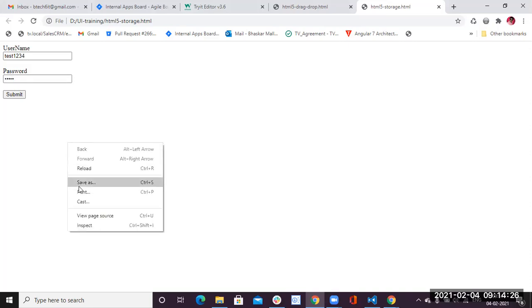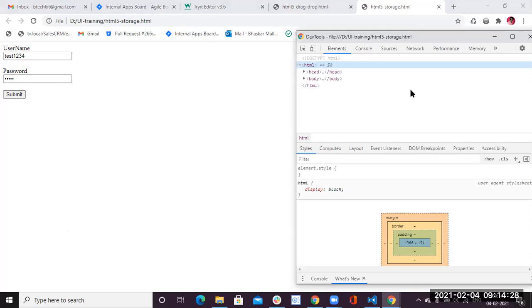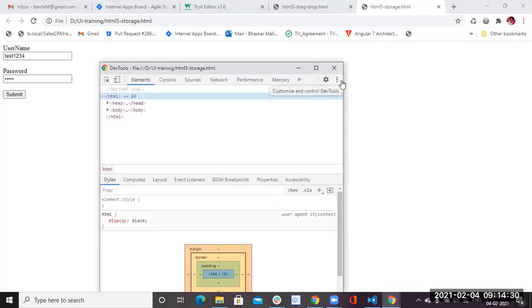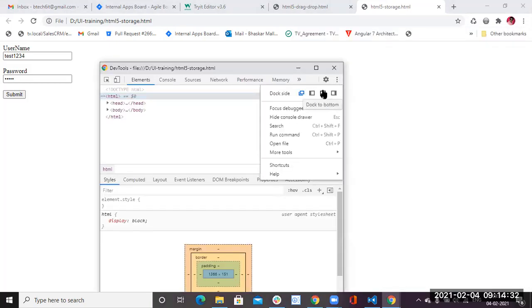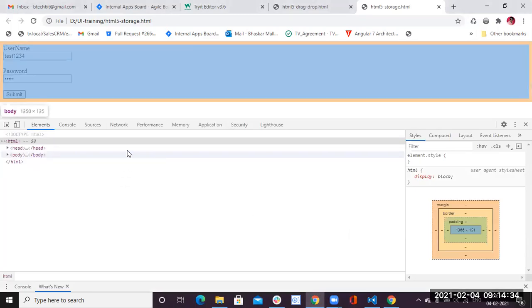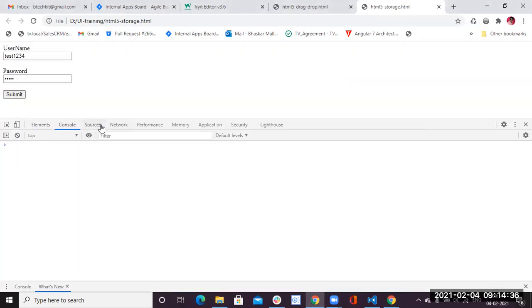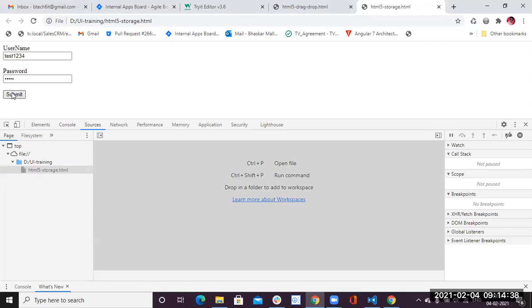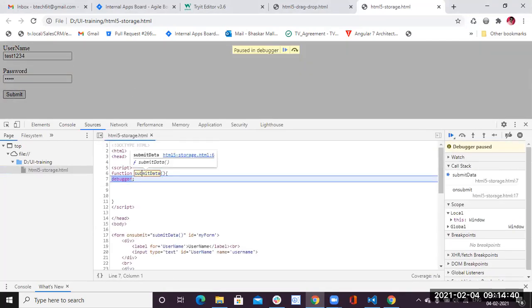And refreshing, test1234, and the password is 12345. I have written. Now we have opened this, right? This is the inspector. Every UI developer, this inspect will be helpful for you. When I'm submitting this form, the submitData method is called on form submit.